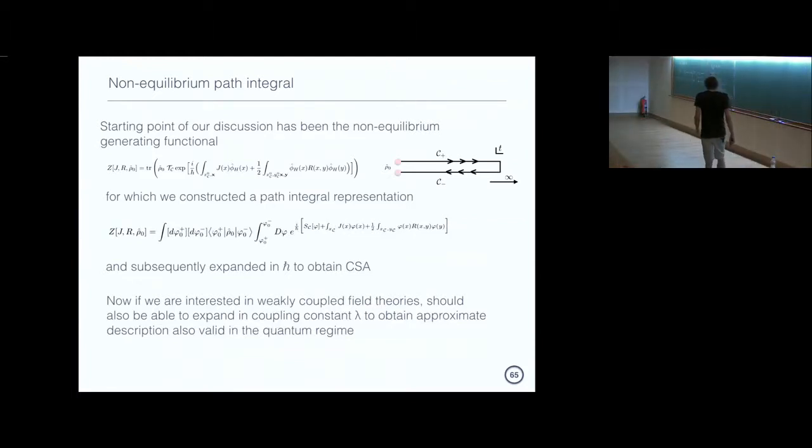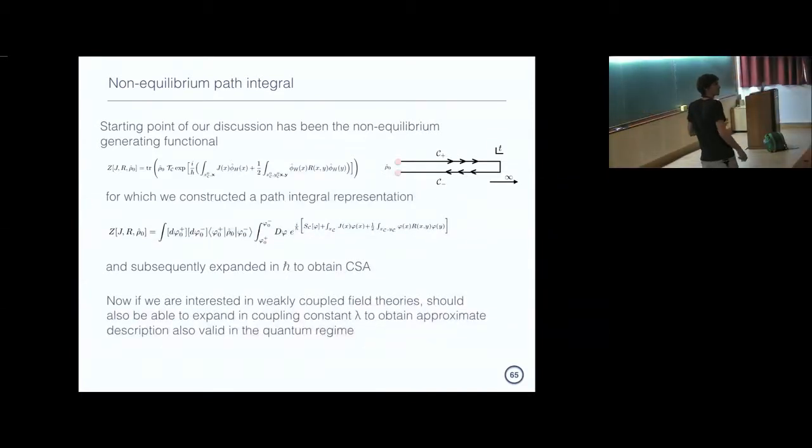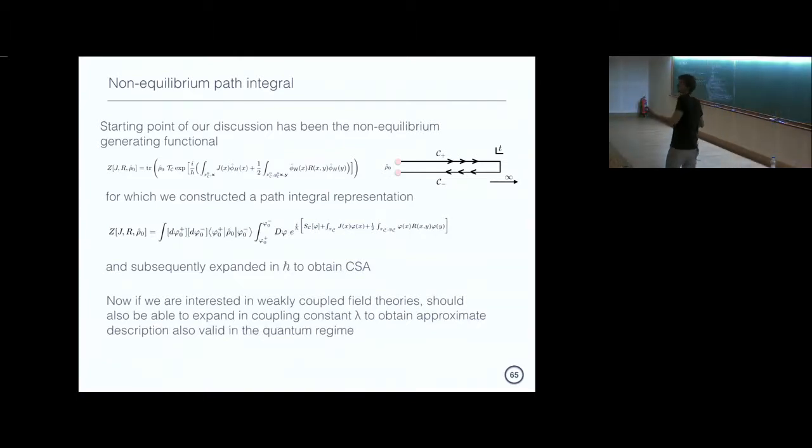Now, if you remember the discussion that we had in the context of scalars, I already told you that the theories we're dealing with, at least in that context, are incredibly weakly coupled. So that could be of interest for studying scalar field dynamics. When it comes to studying QCD, at the scales that we're probing in collider experiments, it's perhaps not that weakly coupled. But nevertheless, we should be able to work out what's going on in the weak coupling limit, so there's certainly motivation for that.